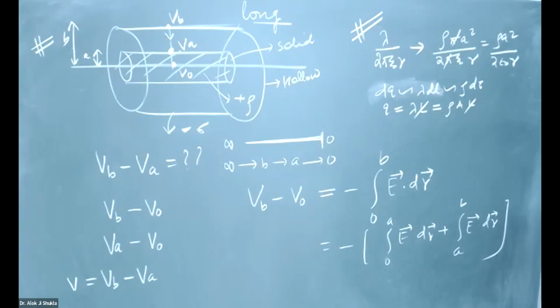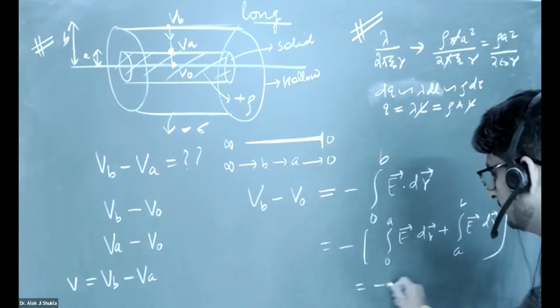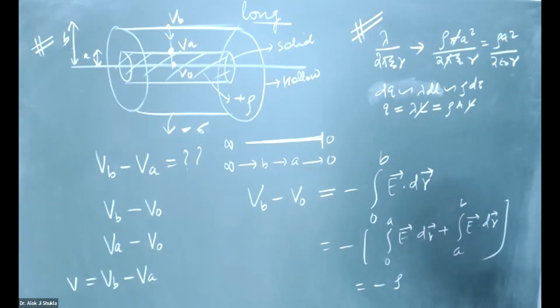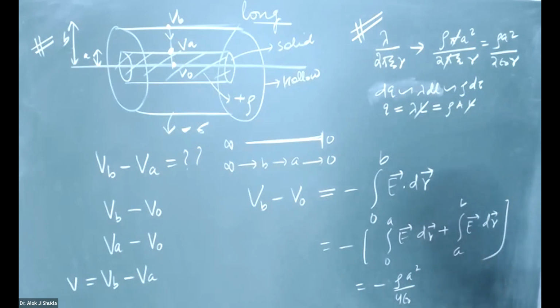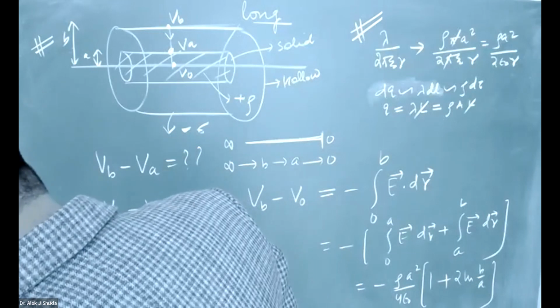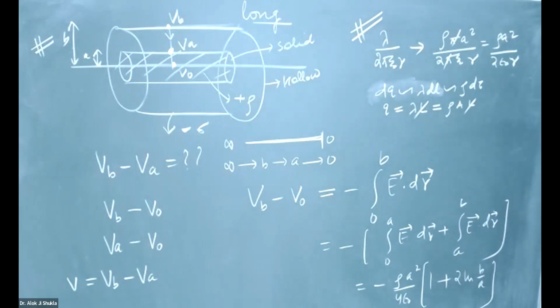सर माइनस, फर्स्ट ब्रैकेट में रो ए स्क्वायर बाई 4 एप्सिलॉन 0, माइनस माइनस रो A स्क्वायर बाई 4 एप्सिलॉन नॉट। नहीं माइनस तो पहले ही ले लिया ना, ओके ओके ठीक है सर 1 प्लस 2 ln b बाई ए। हाँ बिल्कुल सही, 2 ln B by A। ये VB माइनस V0 की वैल्यू हो गई। ये सब लोग देखो जरा ध्यान से, और कोई डाउट है तो पूछो।